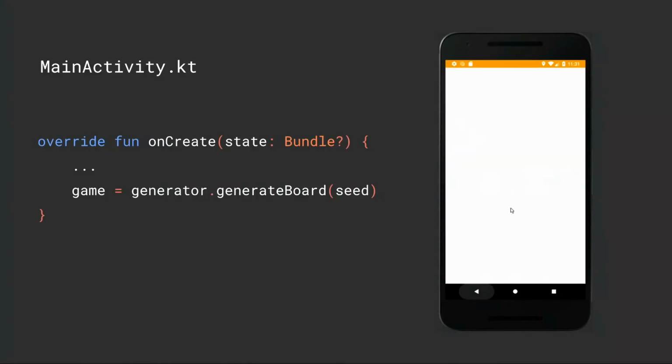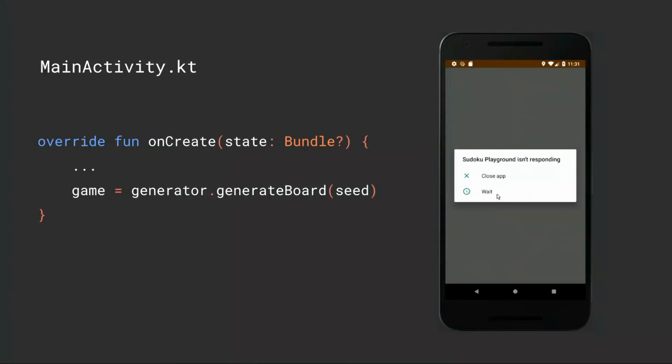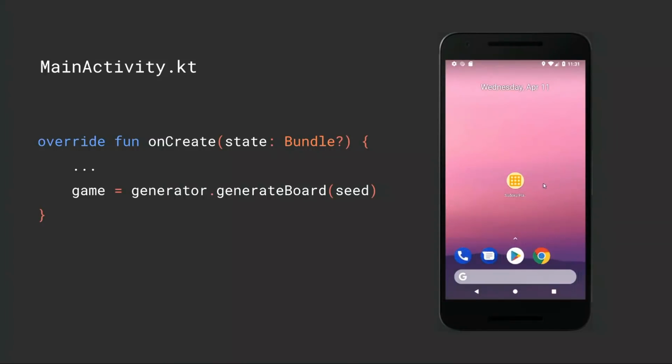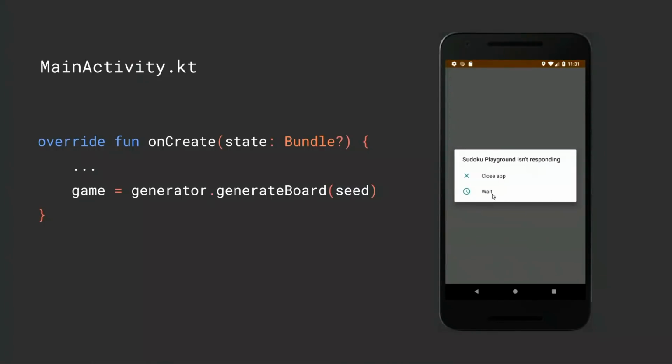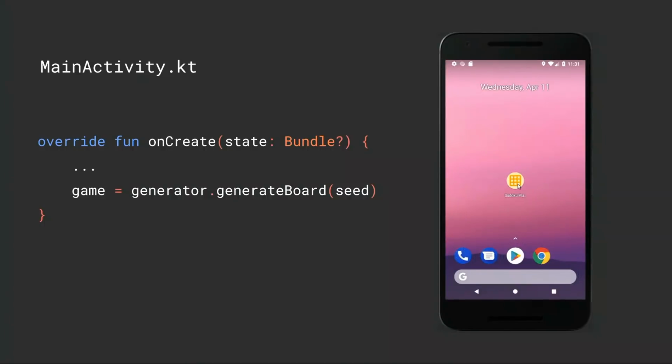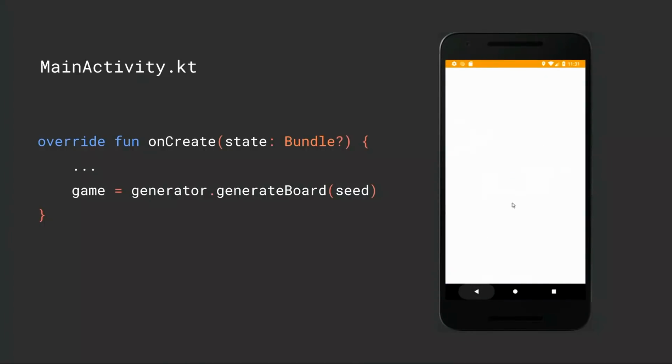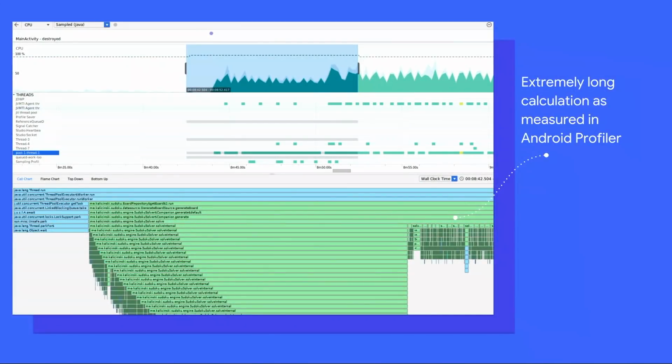It's not pulled down from a server somewhere. There's actually a pretty long, complex calculation happening to show that first board to the user so they can play it. So it's this one call, generate board. And as you can see on a slow device, this could cause an ANR because I'm doing that on the main thread. So first of all, how am I supposed to know as a developer that this call, generate board,